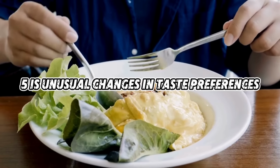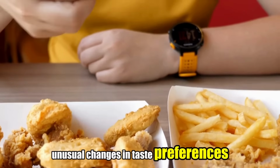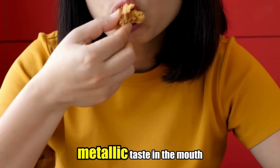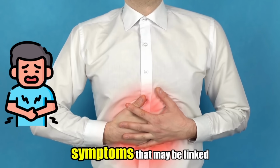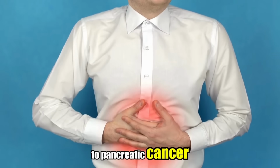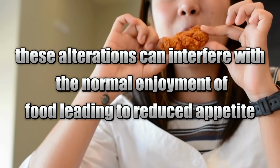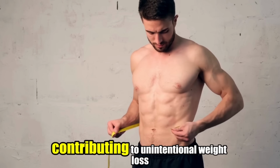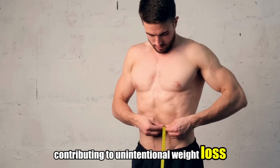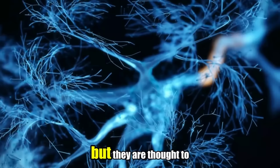Number 5 is unusual changes in taste preferences. Unusual changes in taste preferences or the development of a metallic taste in the mouth are subtle but potentially significant symptoms that may be linked to pancreatic cancer. These alterations can interfere with the normal enjoyment of food, leading to reduced appetite and, over time, contributing to unintentional weight loss and malnutrition. The causes of these taste changes are not entirely understood, but they are thought to result